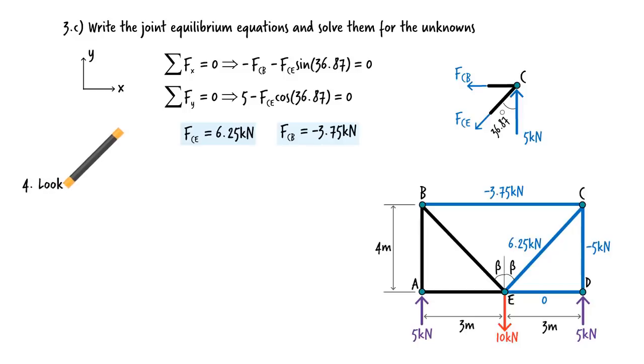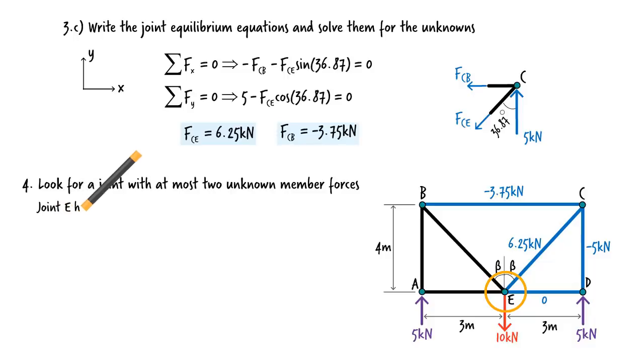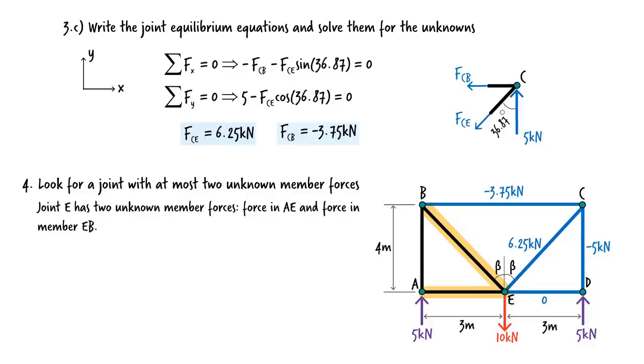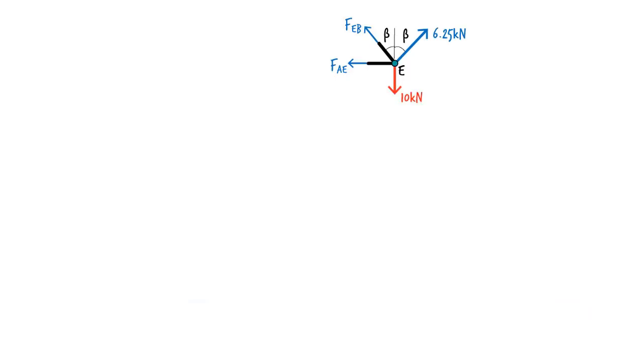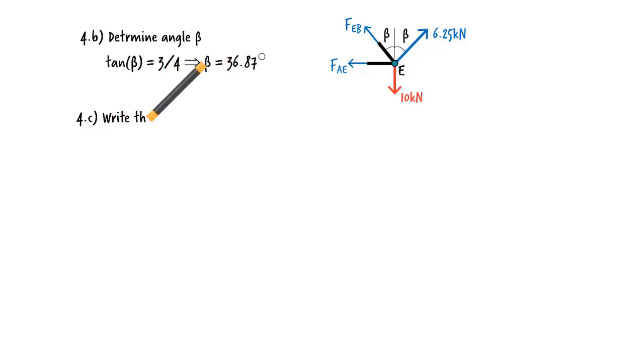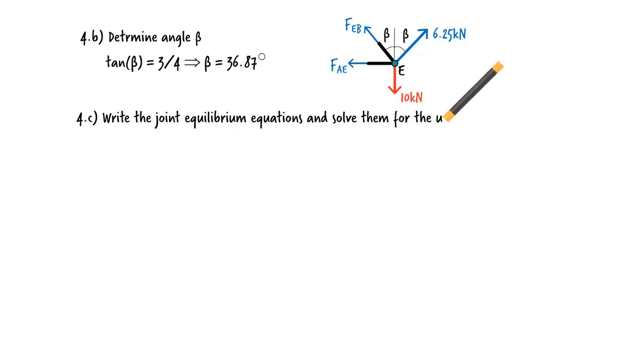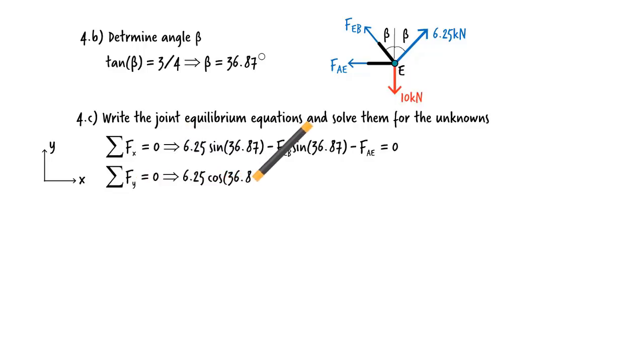Let's look for another joint with at most 2 unknown forces. Joint E involves 2 unknown forces, the force in member BE and the force in member AE. Here is the joint's free body diagram. Before we can write the equilibrium equations, we need to determine angle beta. It equals 36.87 degrees. Now let's write the equilibrium equations. Solving them for the unknowns, we get: